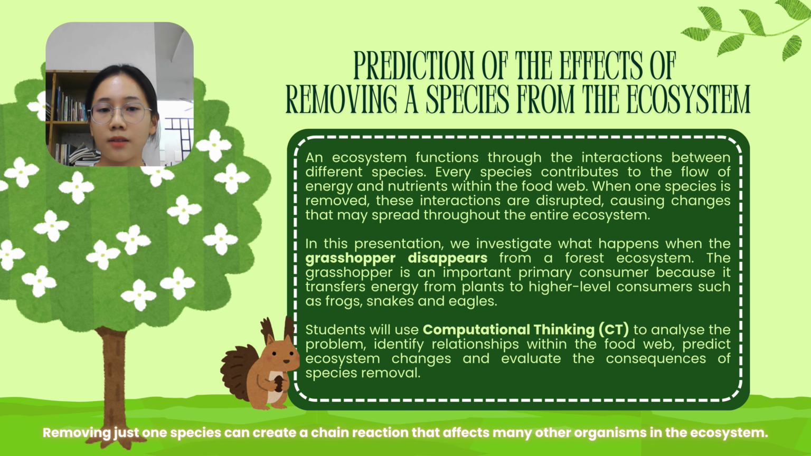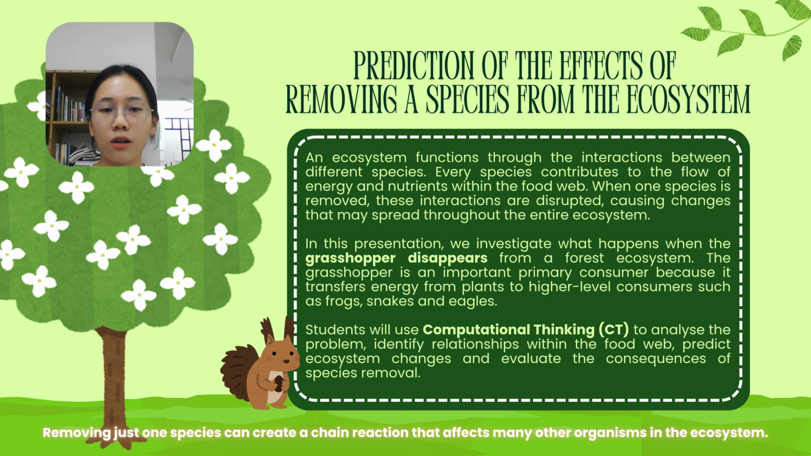At the same time, the frog population will decrease because the frog loses an important source of food. As the frog population decreases, the snake will also have less food available, causing their population to decrease as well. Finally, because there are fewer snakes, the eagle population may also decline. Therefore, the students learn that ecosystems are interconnected and every species contributes to